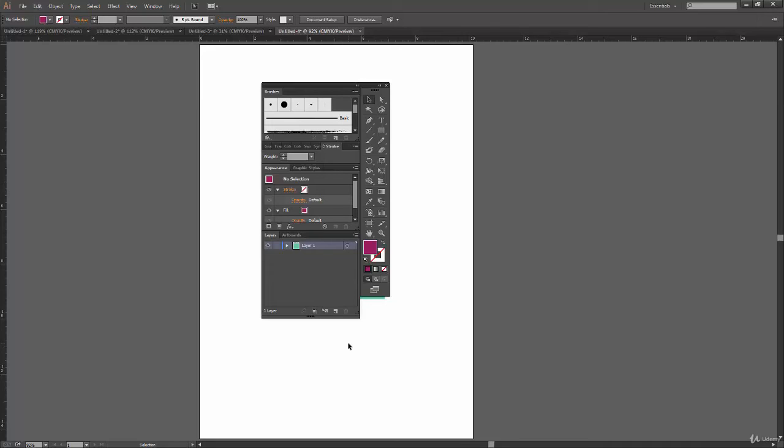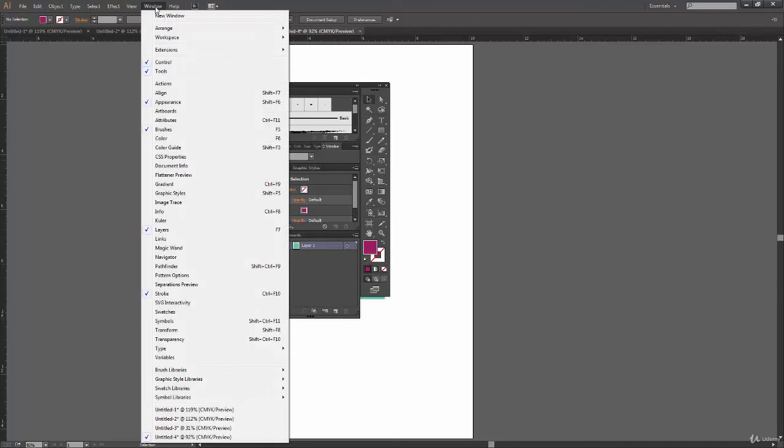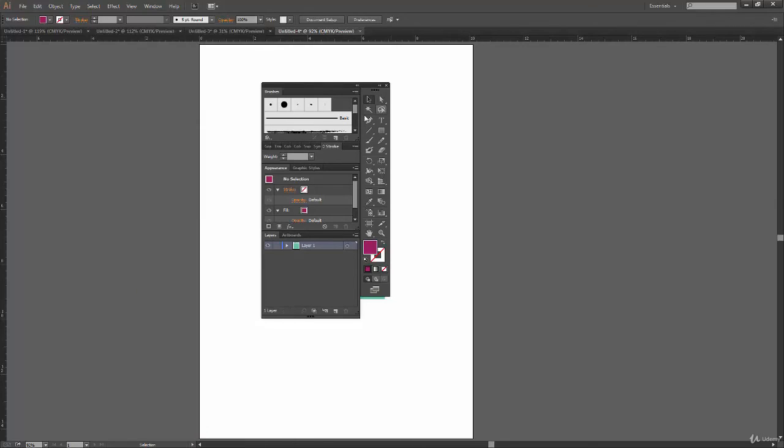So interface is like a more technical term, that is how it operates or how it functions. If I am to explain interface, then I should say when you go over Window or View or any of the menu bar, then the way it changes, it creates a box around the window, and when I click this, it gives the illusion that this box has been pushed inside, or we just pressed a button kind of feel, and then it opens a new menu bar. This is a part of interface.